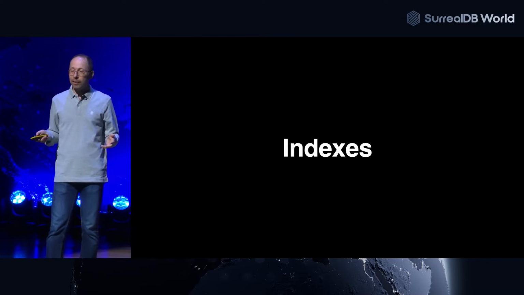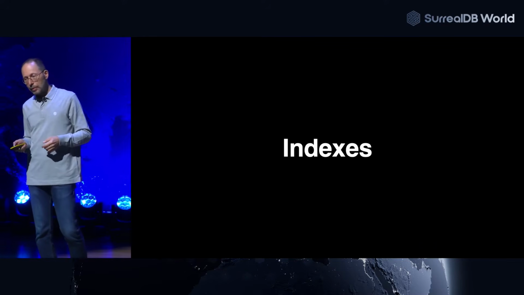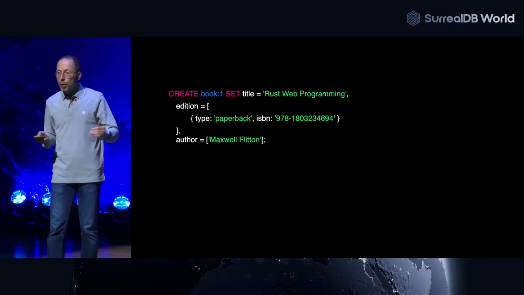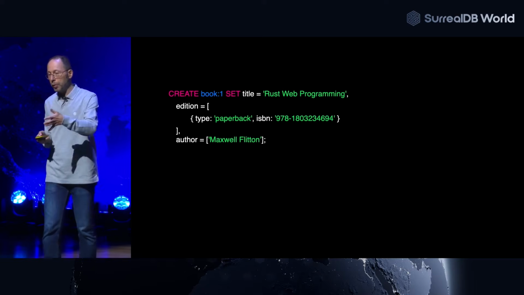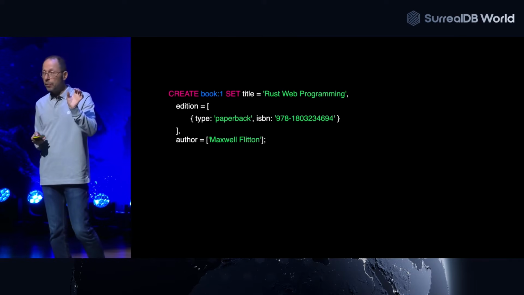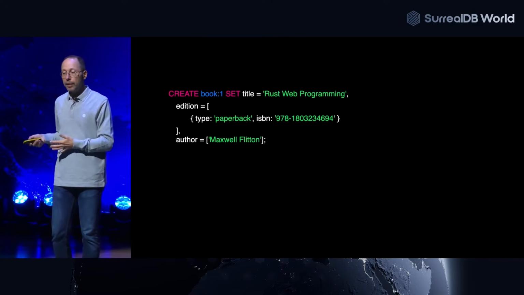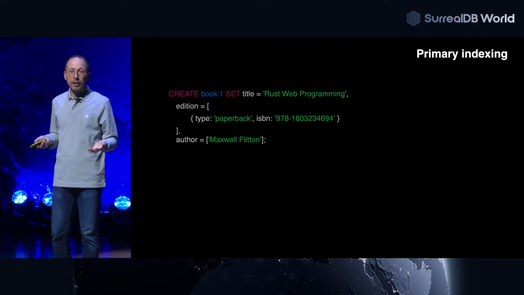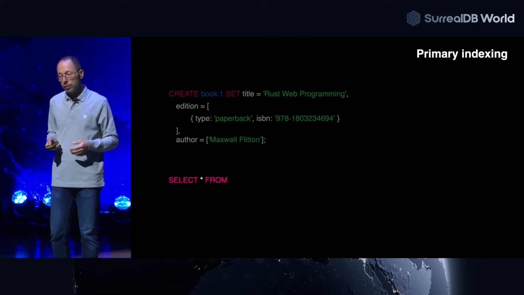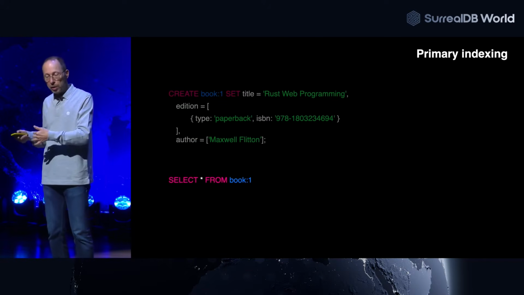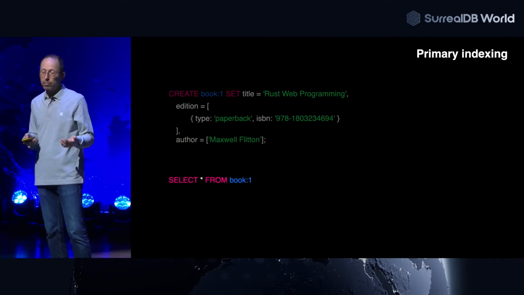OK, let's go into indexes. This is the main thing. There is already one index currently in CyrilDB. When you create a record, here we are creating a book, you give a key, book 1, and then the content. Here the content is the title. Book 1 is the key, and it's already an index, what we call a primary index, right? So this is already present in CyrilDB the way you know it. And it's handy because you can quickly and efficiently find a record by using the key. Primary indexing.